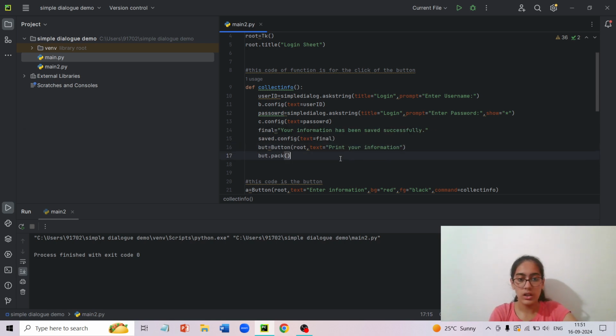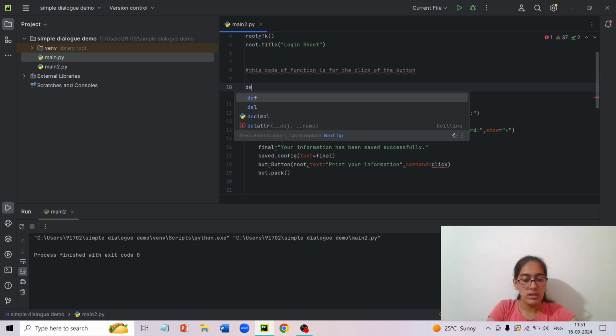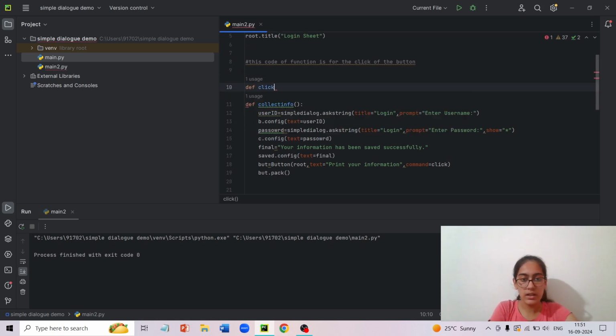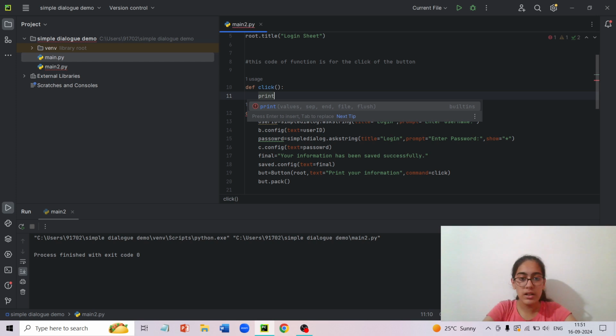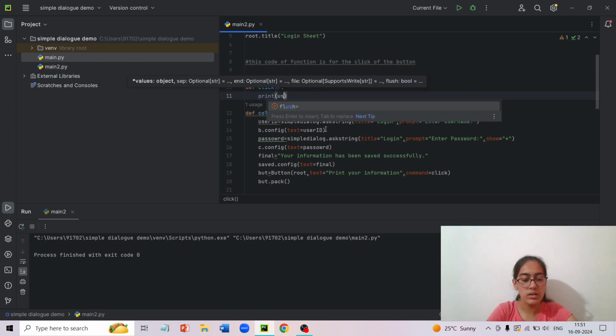Now we'll add a command over here, comma command equals click, and then we need to create another command over here, def click bracket inverted comma. So we need to print the user ID.